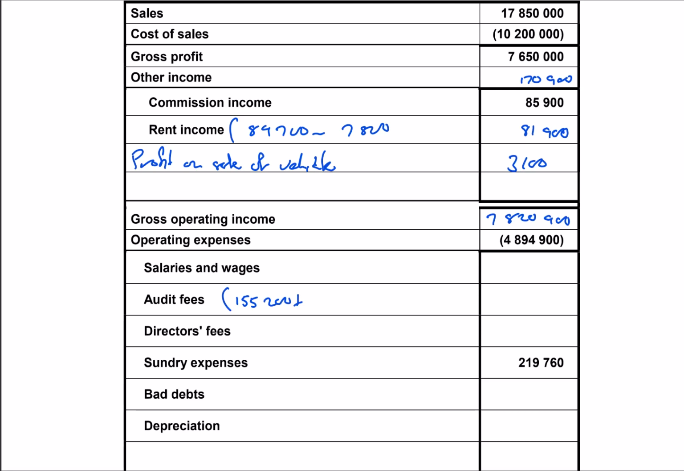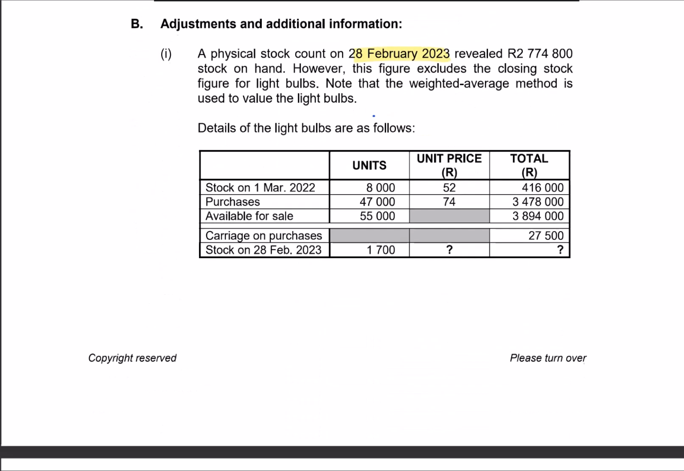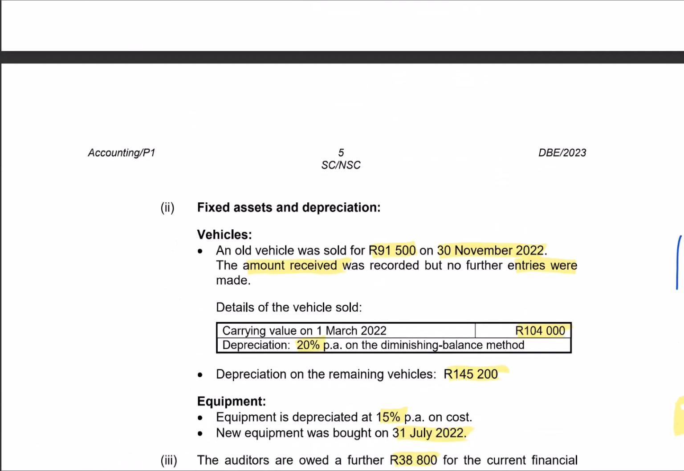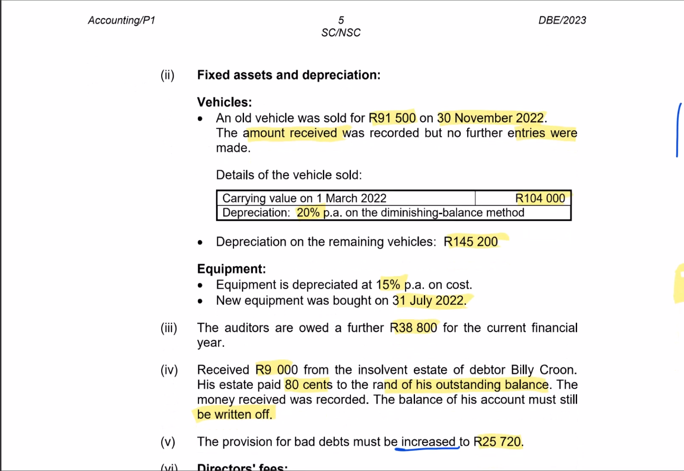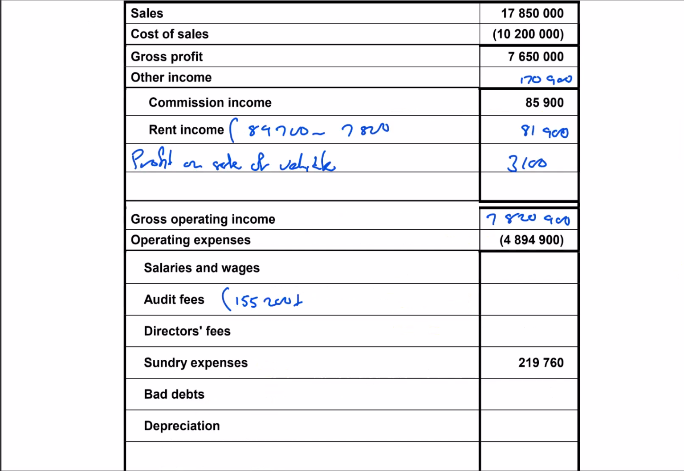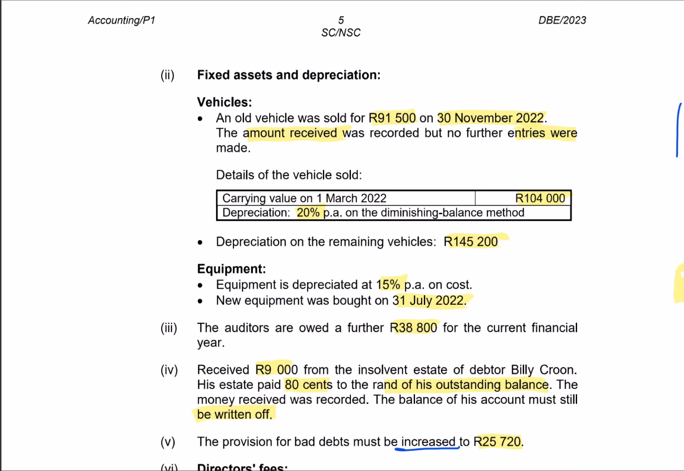I understand we owe auditors. Auditors are owed 38,800. That's an accrued expense. 800. Then director's fees. Director's fees,